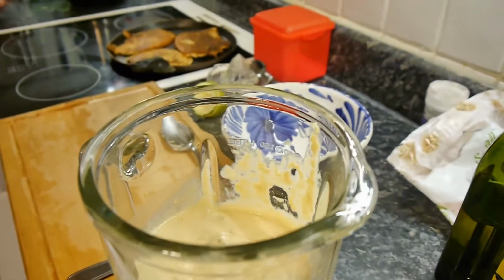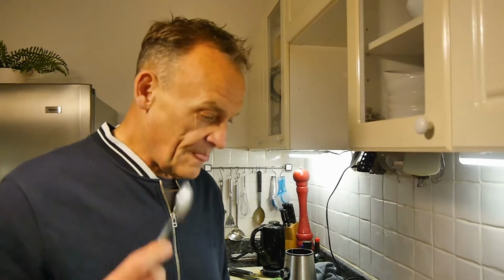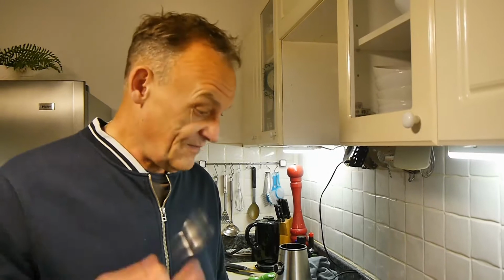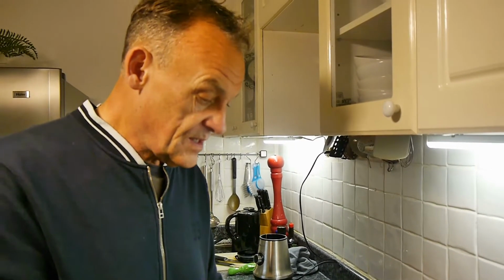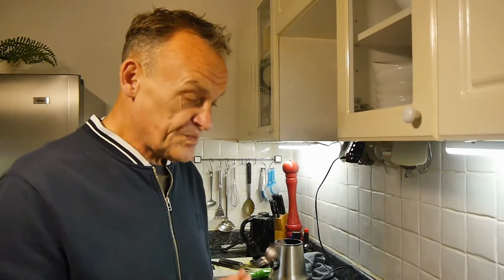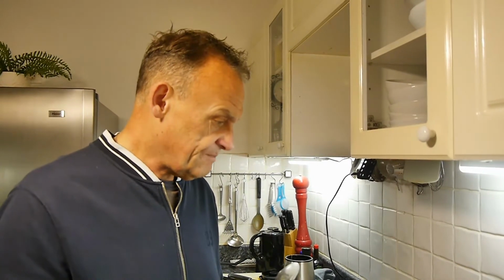Now, what you can adjust are a few things. But you can't adjust the tahini because I haven't got any more. I haven't got any more tahini, so we're stuck. So it needs more tahini, you know. But it still tastes alright, so we'll have a sample. Now, tahini is alright. I think it needs,